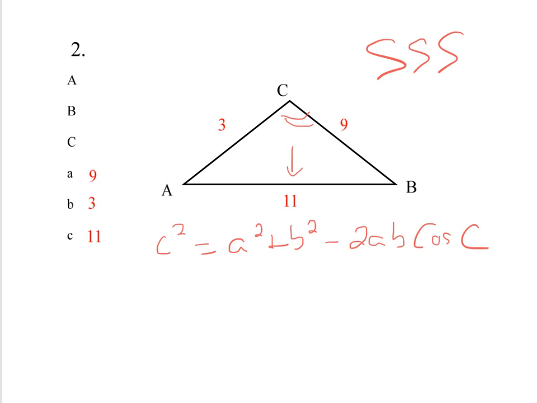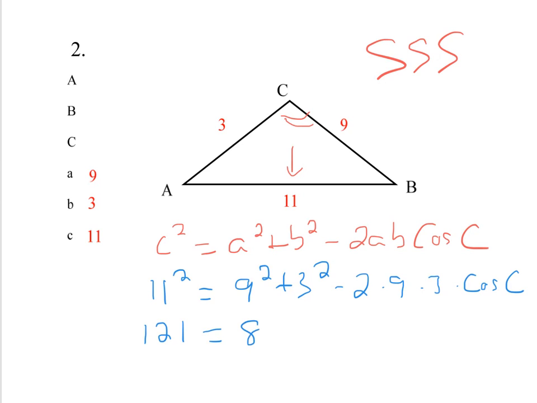I know that c is 11, so 11 squared is equal to a squared, which is 9, plus b squared, b is 3, minus 2 times a, which again is 9, times b, which we know is 3, times cosine C. So we're going to whip out our calcs here. 11 squared is 121, is equal to 9 squared, which is 81, plus 3 squared, which is 27, minus 2 times 9 times 3, which is 54,